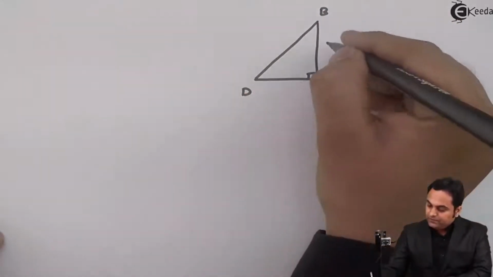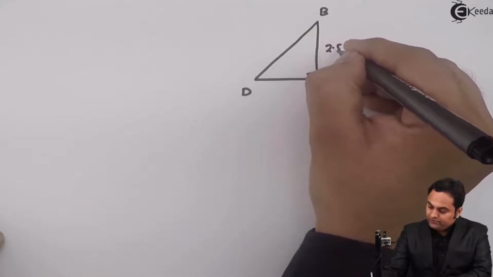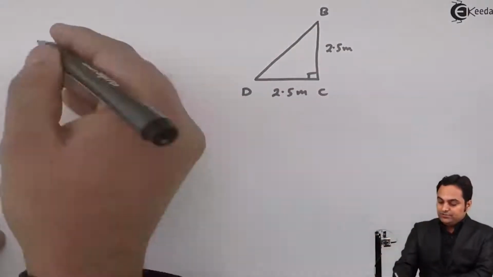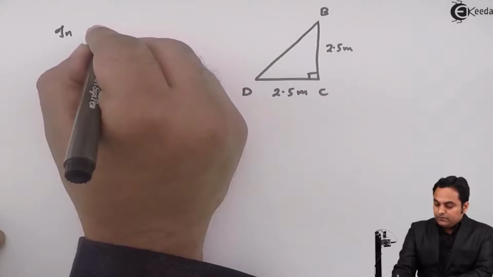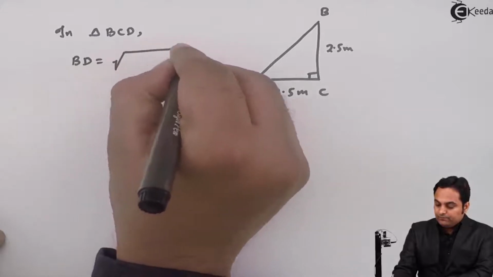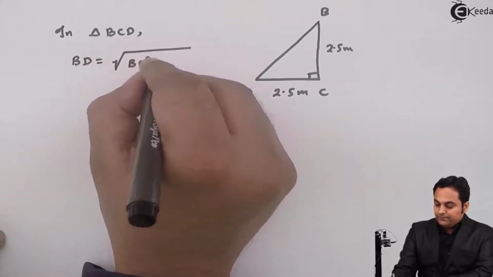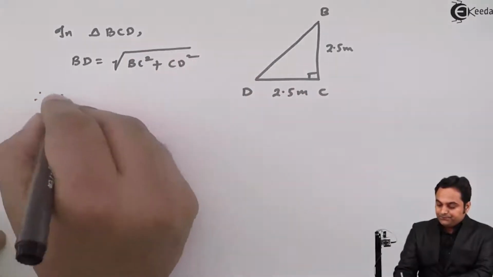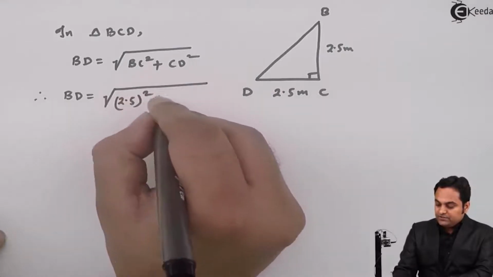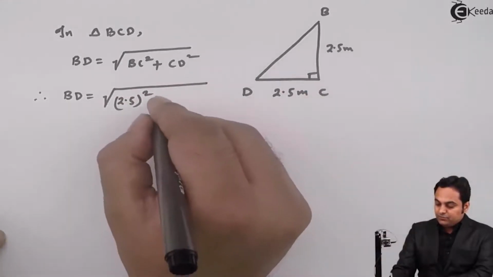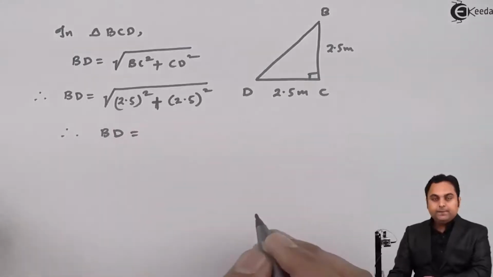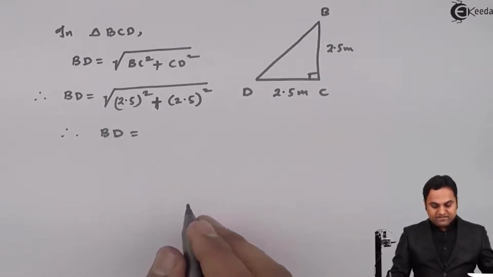In triangle BCD, BC is 2.5 meter and CD is also 2.5 meter. So we can get the value of BD by Pythagoras theorem. In triangle BCD, BD is equal to root of BC square plus CD square. BD is root of 2.5, which is BC, plus CD is 2.5 square. So the answer of BD comes out to be 3.54